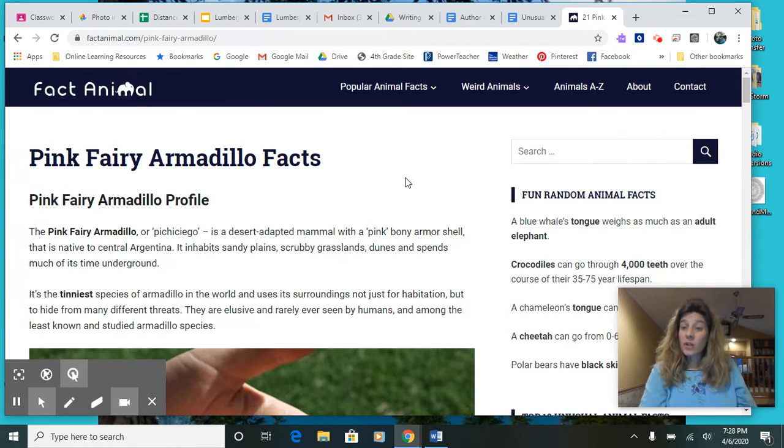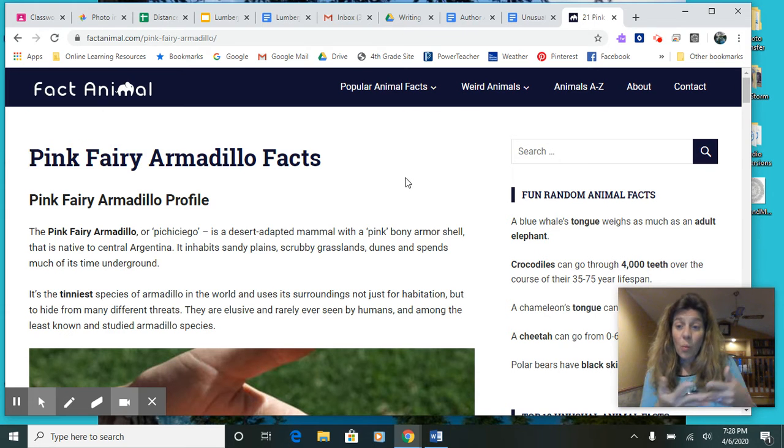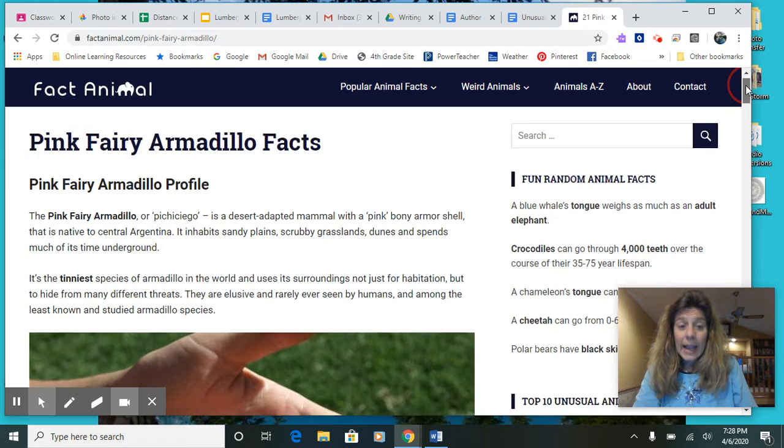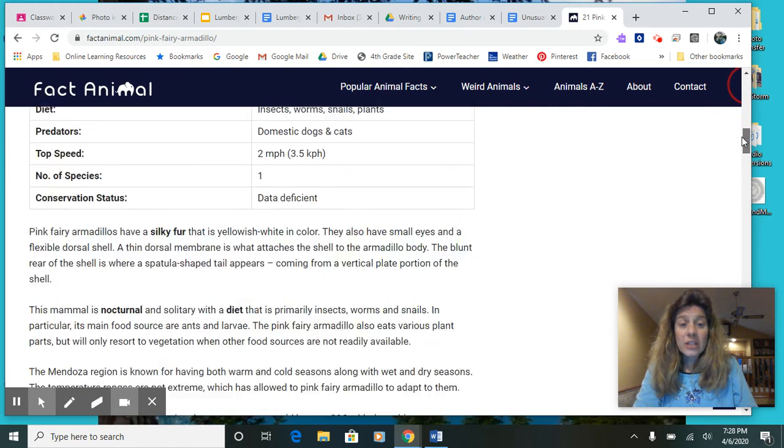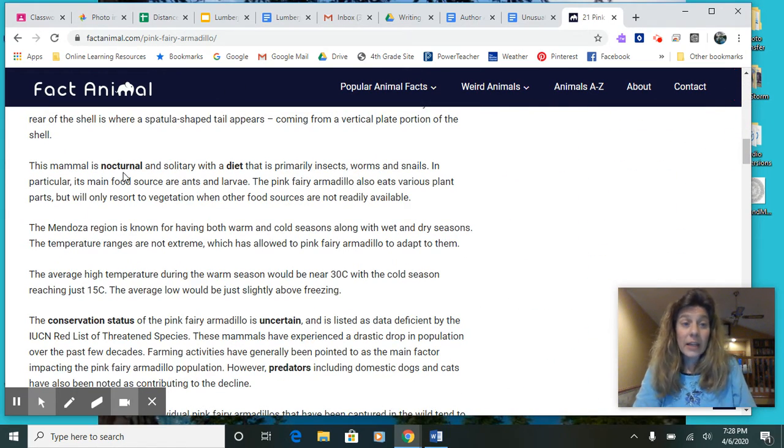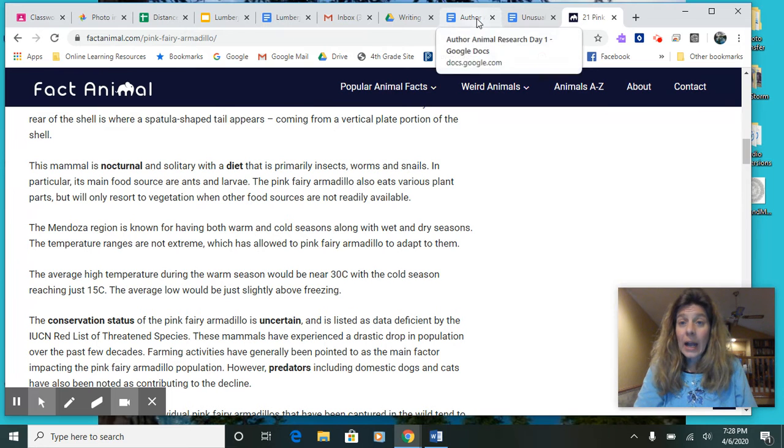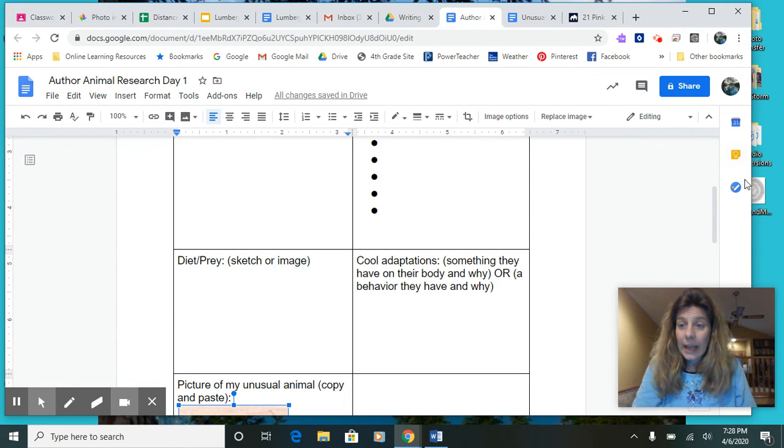Okay, so boys and girls, in my research, I found this wonderful page here on pink fairy armadillo facts. And just one thing that I realized in here, that they're nocturnal and their diet is insects, worms, and snails. So I'm going to go over to my research, and some of their diet